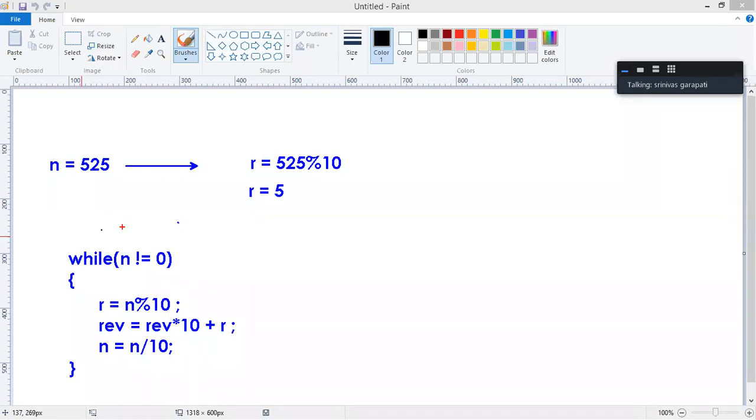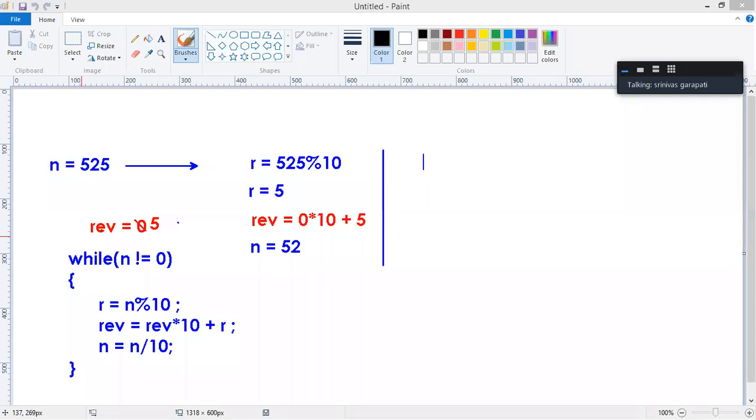So reverse equals 0 is multiplied with 10 plus 5. 0 multiplied with 10 is 0 only, plus 5, so the value becomes 5. Next, n equals n by 10, which gives 52. Next again the loop will repeat.